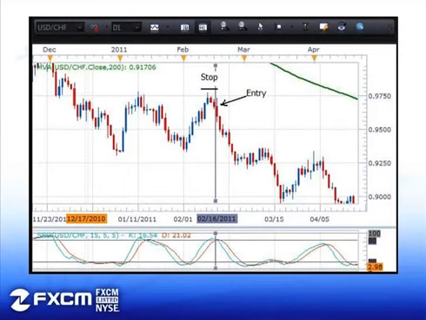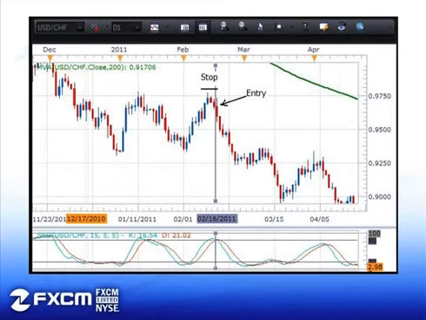I would be entering, see this line where the crossover occurred? And I trail it back up here. So I'd be entering at the open of that candle, and I just place my stop above the previous high. And I place it there because price traded up to that level before, and it got stopped there at that point. So chances are really good that if it trades up to that level again, it may, no guarantees, it may get stopped again at that level.